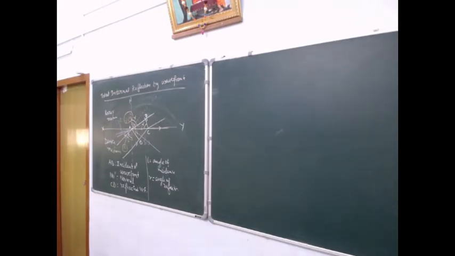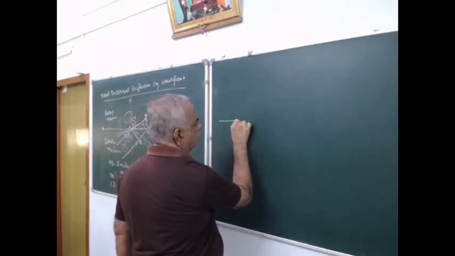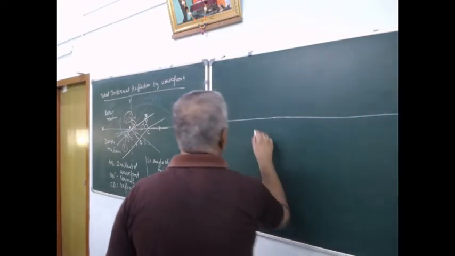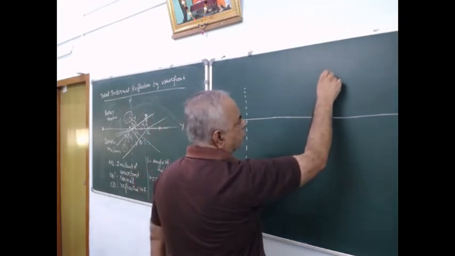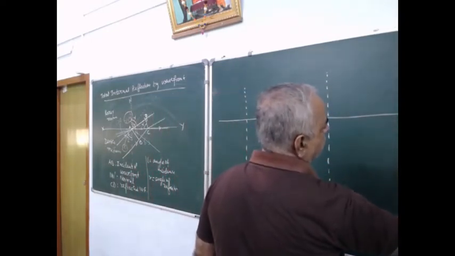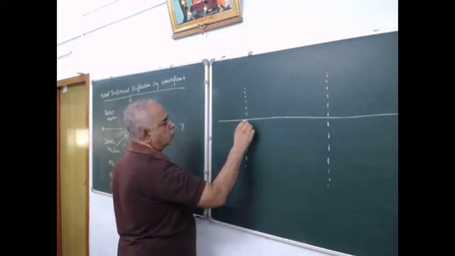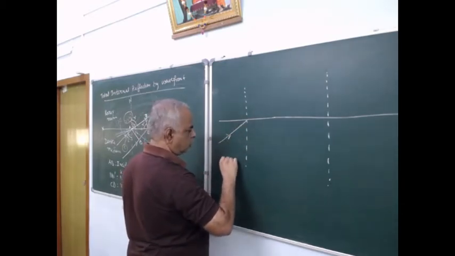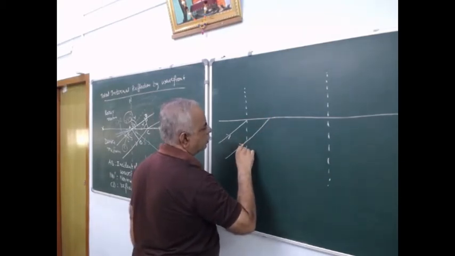Otherwise, you can draw in this way also. That is, you can have a straight XY and put the normal like this. You can show it separately also, and this will be a better diagram. Here, we draw the incident light in this way. And what about the wavefront? It goes like this and hits at